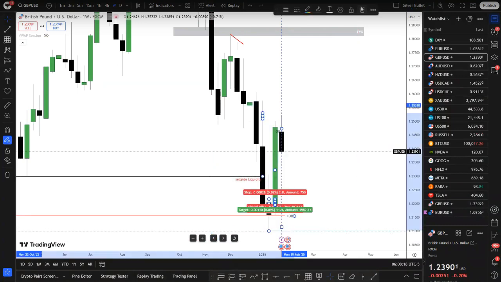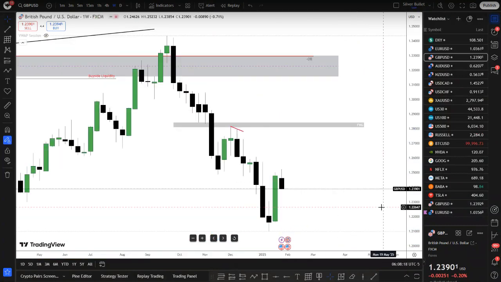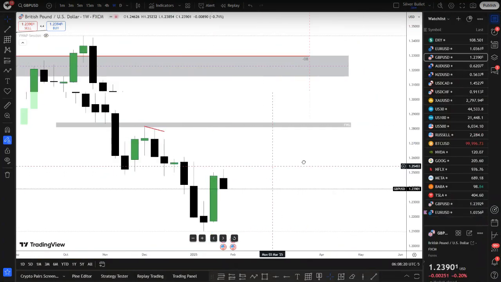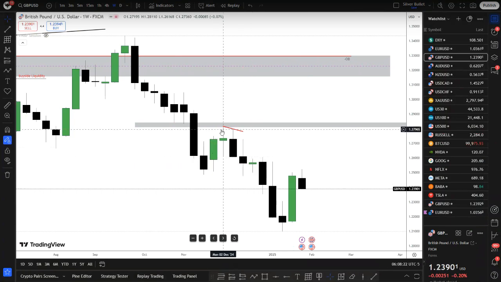Let's remove all of this. Start off with the weekly chart. In this case we have the same things compared to all the other setups. We have this range high and low. We have this high here and low. Price traded back up into premium. However, we don't have a favorable gap here or area of inefficiency.